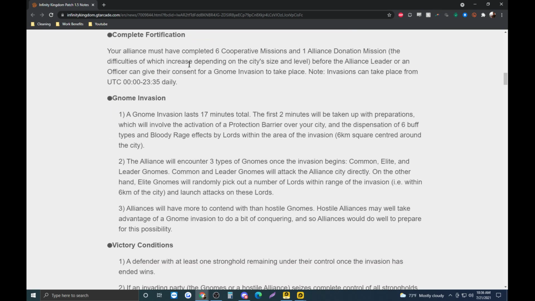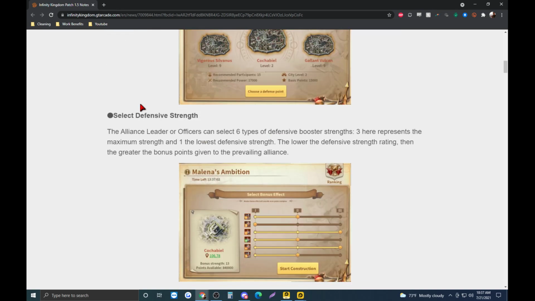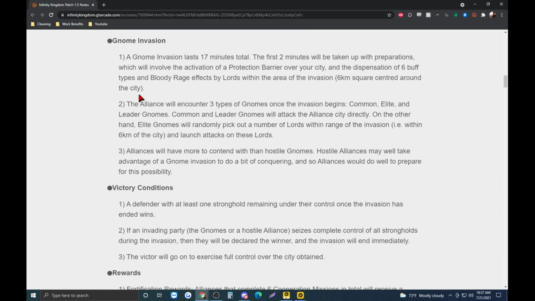And then completing the fortification, your alliance must have completed 6 cooperative missions and 1 alliance donation mission before the alliance leader or officer can give their consent for a gnome invasion to take place. Invasions can take place from reset to 23:35, which is 25 minutes before reset daily. Now, the actual gnome invasion is going to last 17 minutes, 2 of which are prep minutes, meaning that it's going to be a 15-minute actual invasion, which will involve the activation of a protection barrier